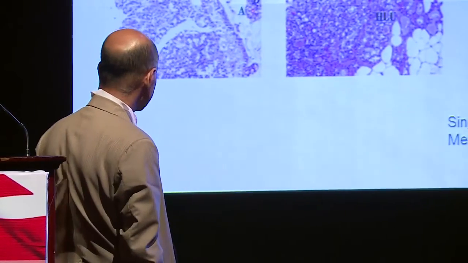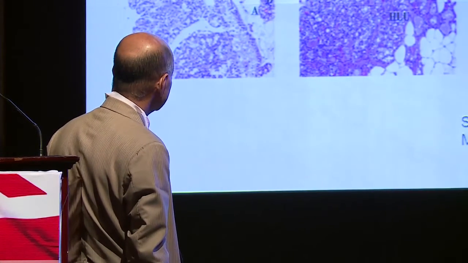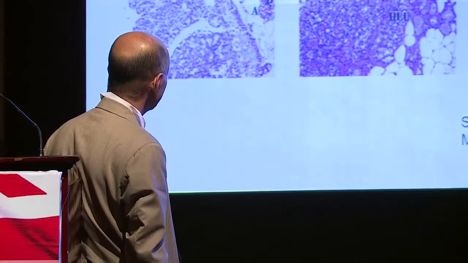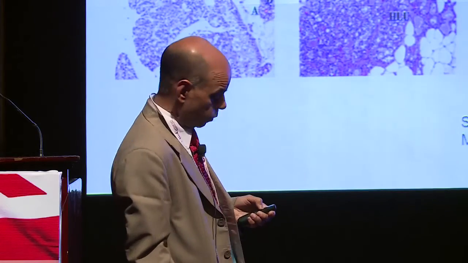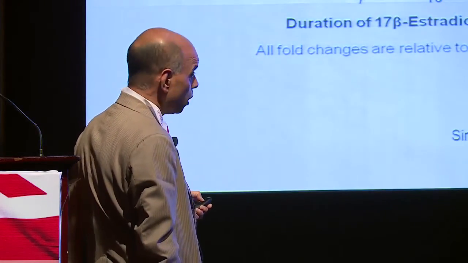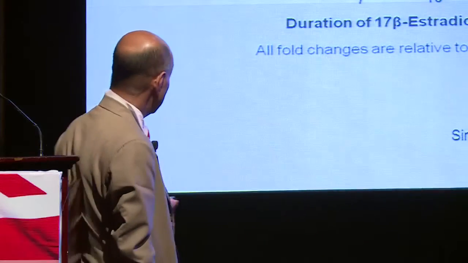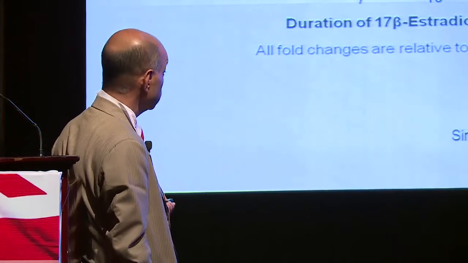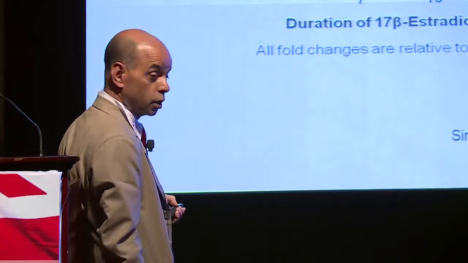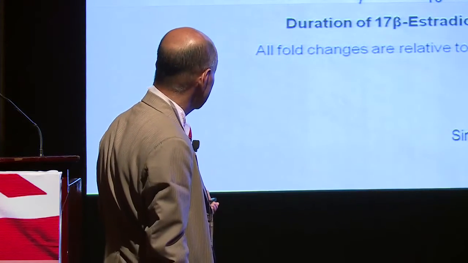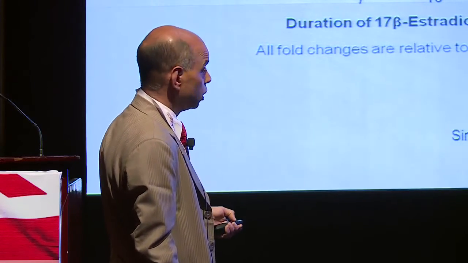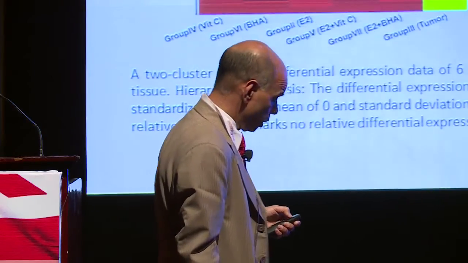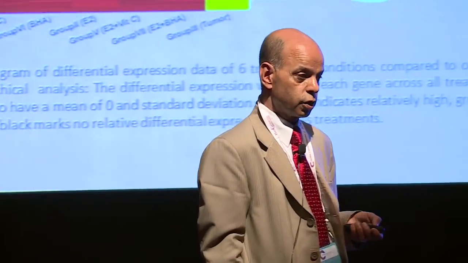So the purpose of this slide is to show that the morphological changes that you see in the breast tissue are not because of the antioxidants that we use, but because of the estrogen that we are using. And I showed a summary slide that antioxidants inhibit the development of breast tumors. Here I show that antioxidants not only inhibit breast carcinogenesis, but they also inhibit oxidative stress as measured by isoprostane formation. At every stage, if you compare with age-matched control, there is a significant decrease in the production of reactive oxygen species. And so what we say is that, okay, oxidative stress is involved.